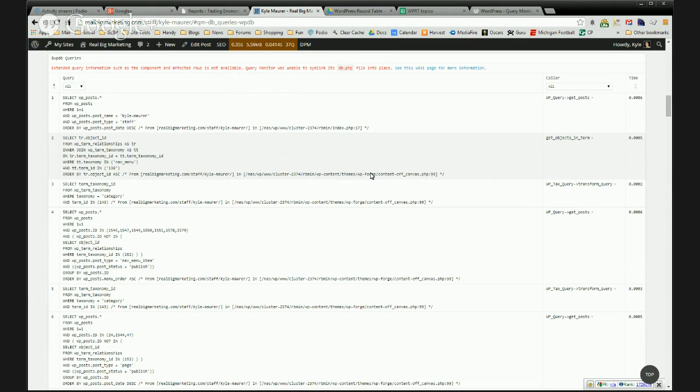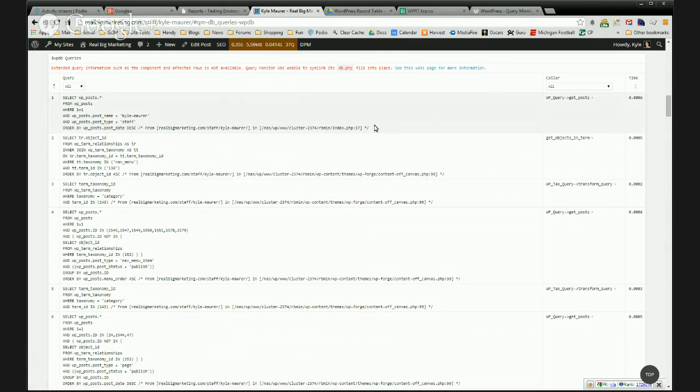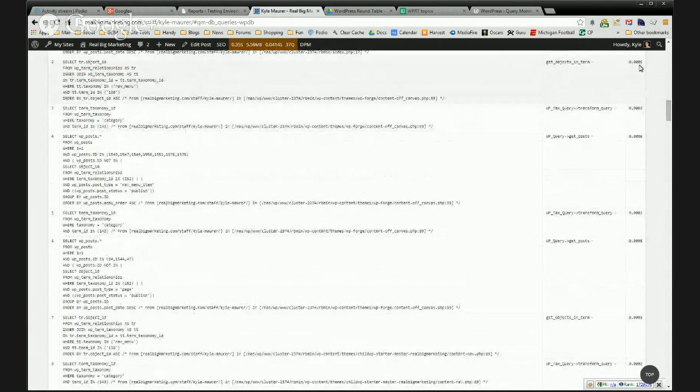So if you're dealing with a page or parts of your site that are running really slow, there's a lot of things that go into that, but one of the cool ways to get more information about it is to look at Query Monitor's query list. I'm looking at it right here. This is a breakdown of everything, every time WordPress, in the loading of this page, is hitting the database. And most interesting is looking over here at the time it takes